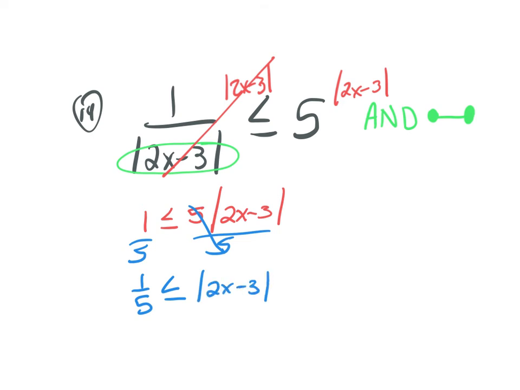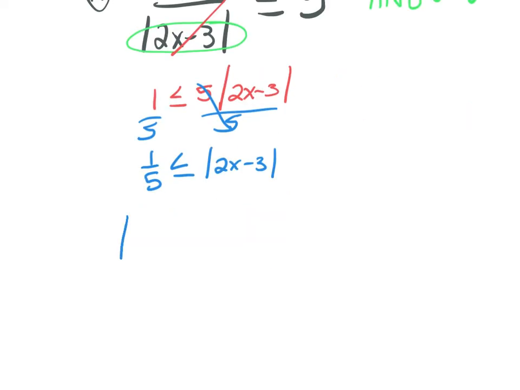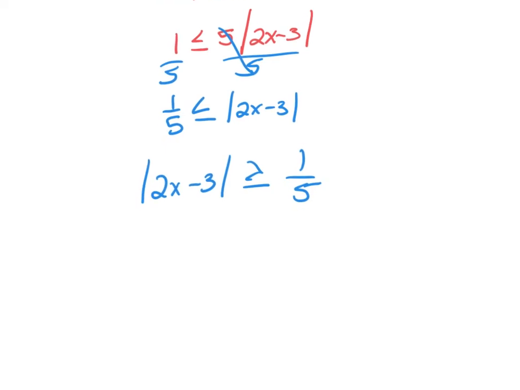All right, we don't like the way that's written because x is on the right-hand side. So if I rewrite this with 2x minus 3 on the left-hand side, what happens to my inequality sign? It flips. Because if you read this, you would say 1/5 is less than or equal to 2x minus 3. Well, the absolute value of 2x minus 3 is greater than or equal to 1/5 is the exact same thing. So now that we've isolated our absolute value,